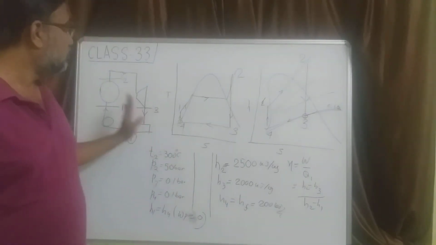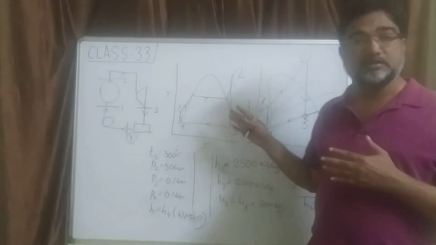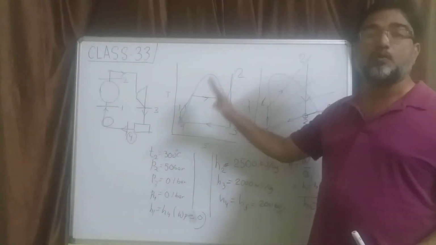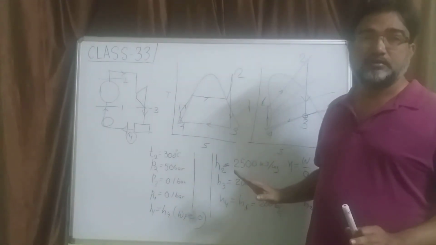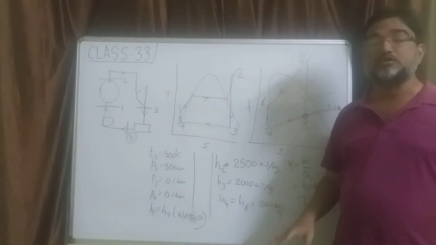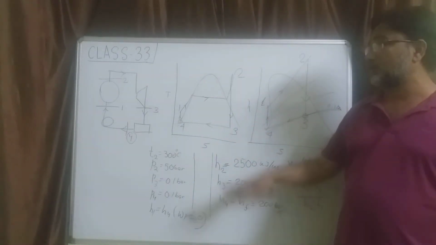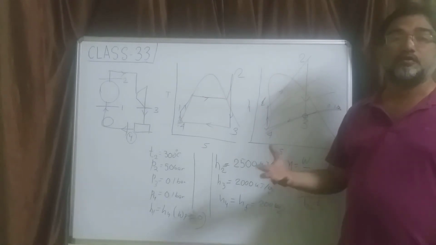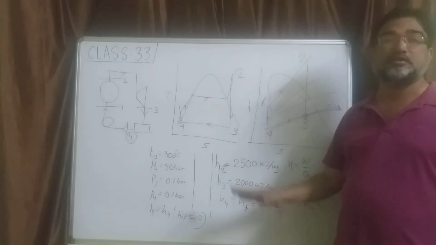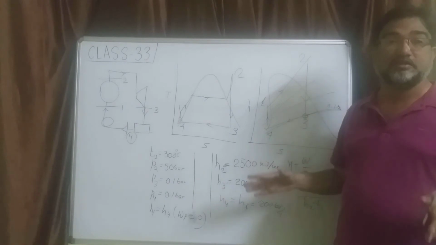Alright, so this is one example, and these Rankine cycles that we are discussing now are simple Rankine cycles, means no modifications have been incorporated in these cycles. Okay, so in this cycle you can say 1 to 2 is a simple reversible constant pressure process, 2 to 3 is an isentropic process, 3 to 4 is also a reversible isobar, 4 to 1 is also a reversible isentropic process. So these processes are simple processes, ideal processes, and only 4 processes are there. No modification has been proposed.